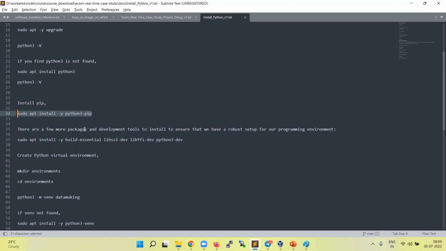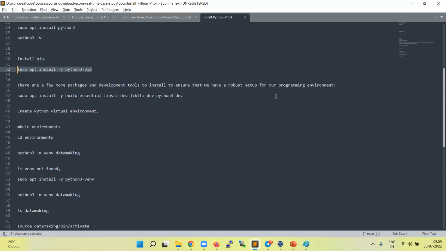Okay. So after installing pip, we want to install some additional packages, because some Python package installations need libSSL and other stuff. So I just put it here itself. Basically, you will face issues when you want to install the MySQL client.